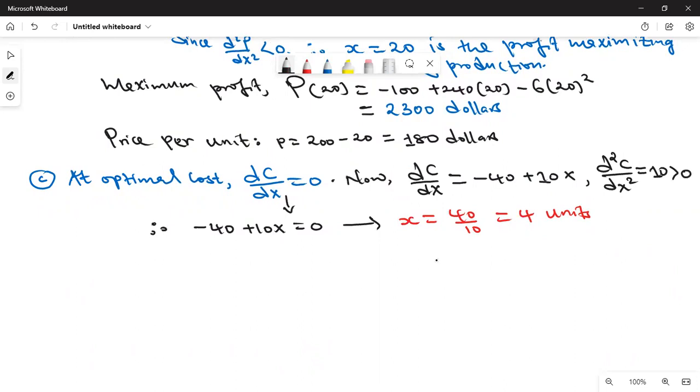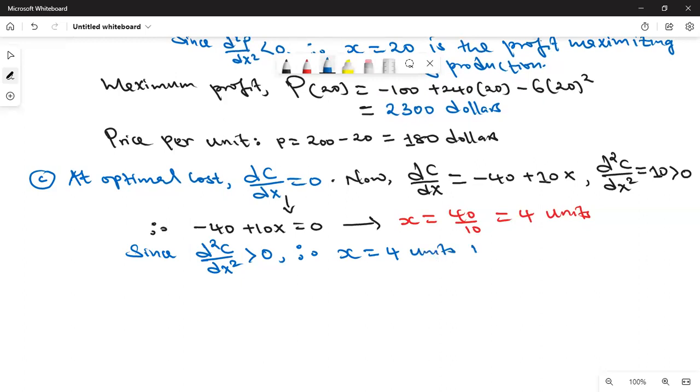That confirms that the value of x that we have found should be able to give us the minimum cost. So you can just say, therefore, since d squared c dx squared is a value greater than 0,